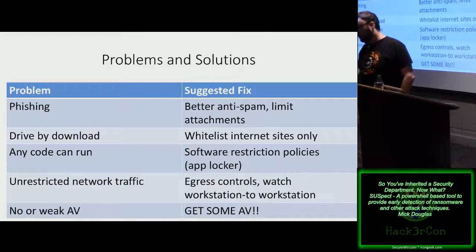Finally, no or weak antivirus. I get that some of you guys are in healthcare where you've got thinly provisioned systems. Same with manufacturing or power control systems. But you know what? There are solutions that will work for smaller systems. Please look into them. At the risk of being a sales pitch, we've got an endpoint protection tool called Vision that works pretty well on detecting these sorts of things. Find something that works. Just saying that, oh, this is a small VM or this is a small whatever is no excuse. Antivirus is only 20% effective.